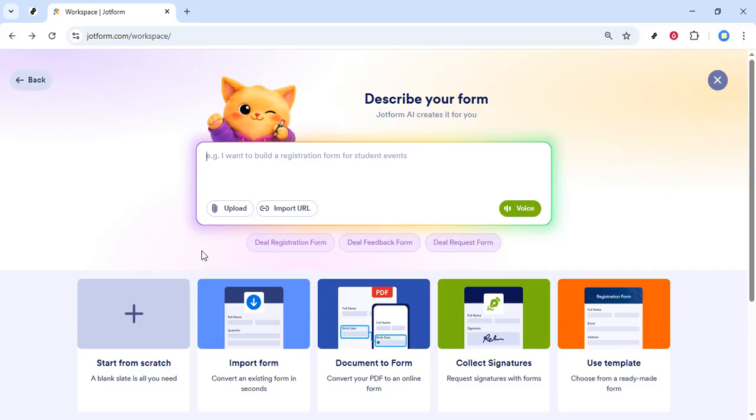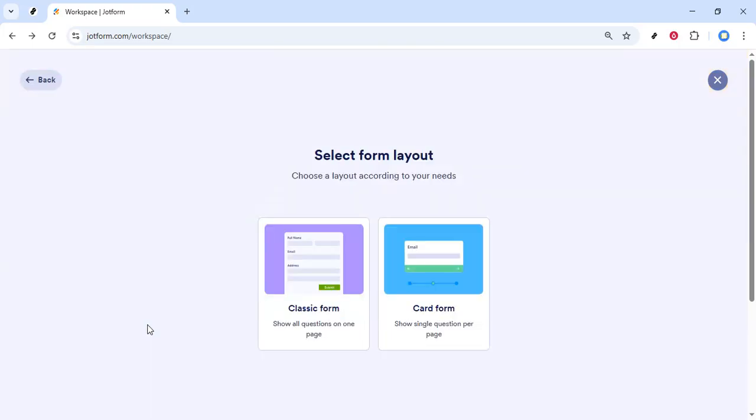Once you've chosen to create a form, Jotform will ask how you'd like to get started. You might see options like using a template, importing a form, or creating one from scratch. For this tutorial, we're focusing on building your own design from the ground up, so choose the option that says Create from Scratch. Clicking this means you'll start with a completely blank canvas with no pre-filled questions or layout. That's useful if you have a specific structure in mind, or if you just want full control over how everything